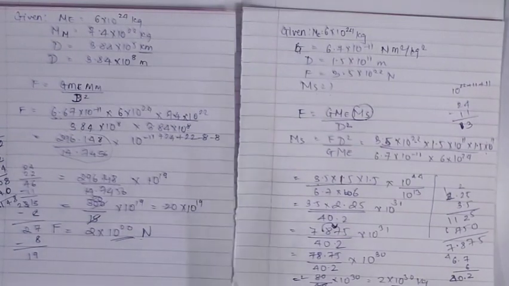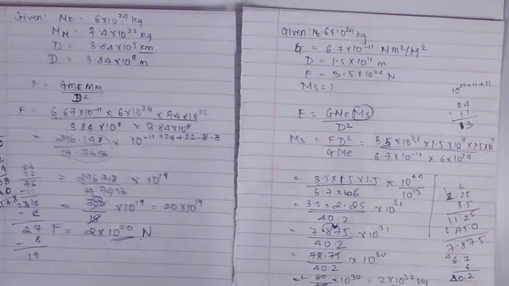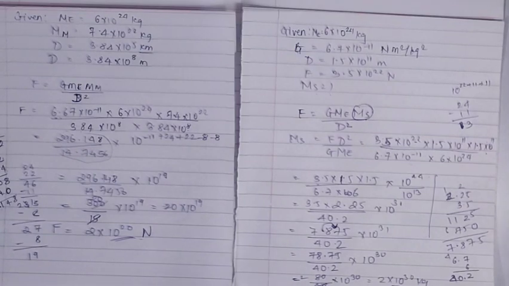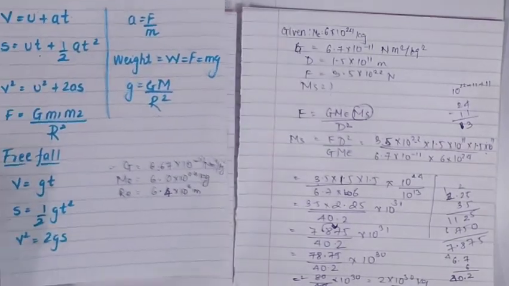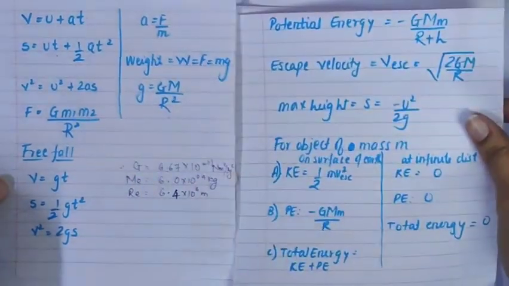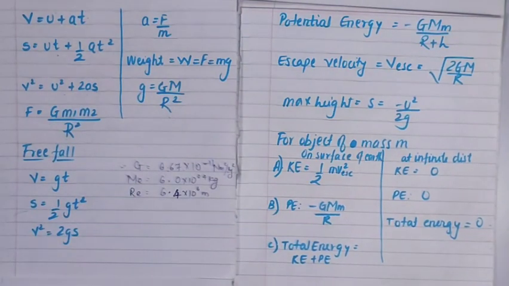Now, we are done with the entire gravitational problems. So, the difficulty of the problems is not that much. The problem is some calculation part. Your indices must be really very strong to do your gravitational sums. Also, the calculation part should be very fast so that you don't waste much time on one sum in the exam. So, practice this as much as you can so that your calculations become strong, your indices become strong, and also the concepts and also the use of these formulas that I've given you. Please write them down on one paper and read them every day so that you don't forget them. Okay? Thank you.